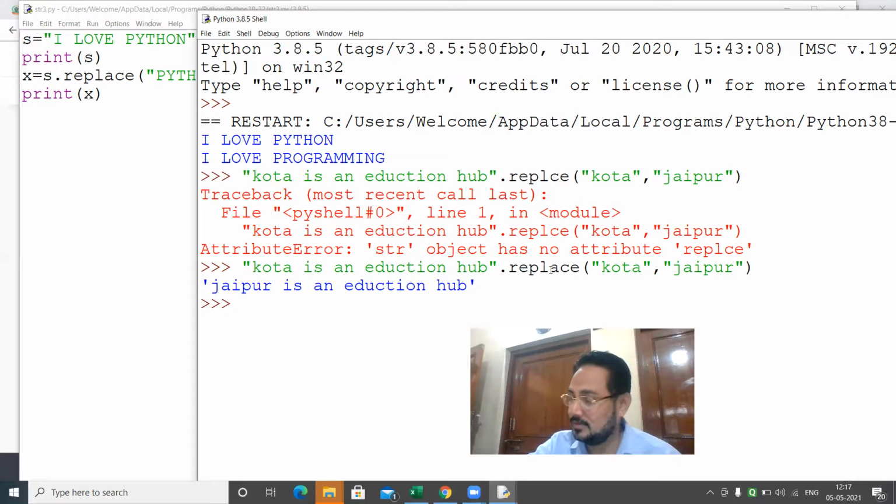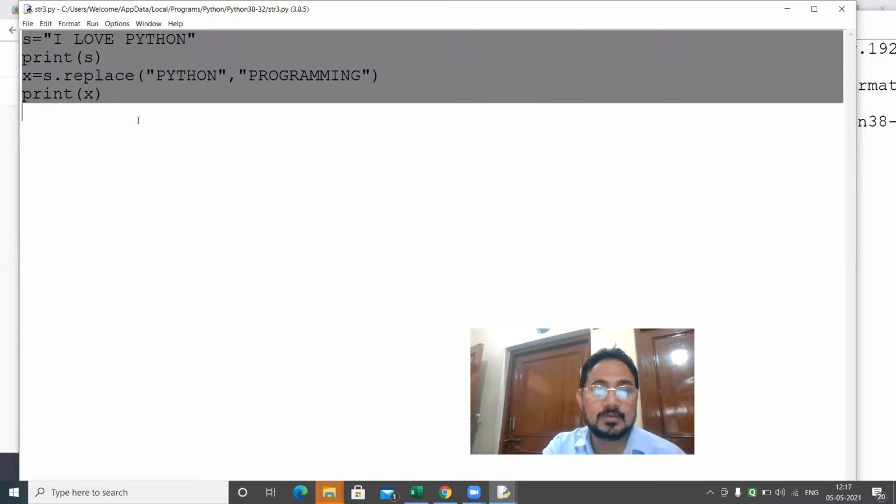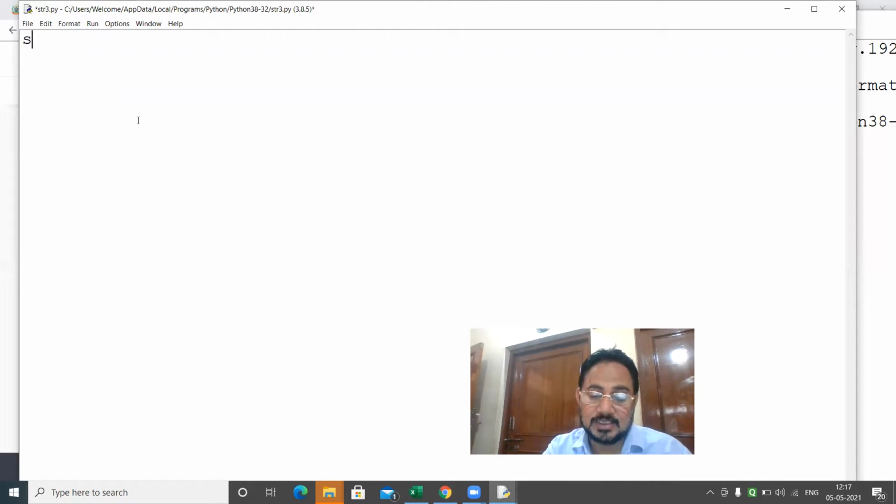Then it capitalizes each word using the str.capitalize function. Capitalize function. So I will write it here. See here, this is simple. s dot capitalize. This is the function name. Okay. This is the function for you.